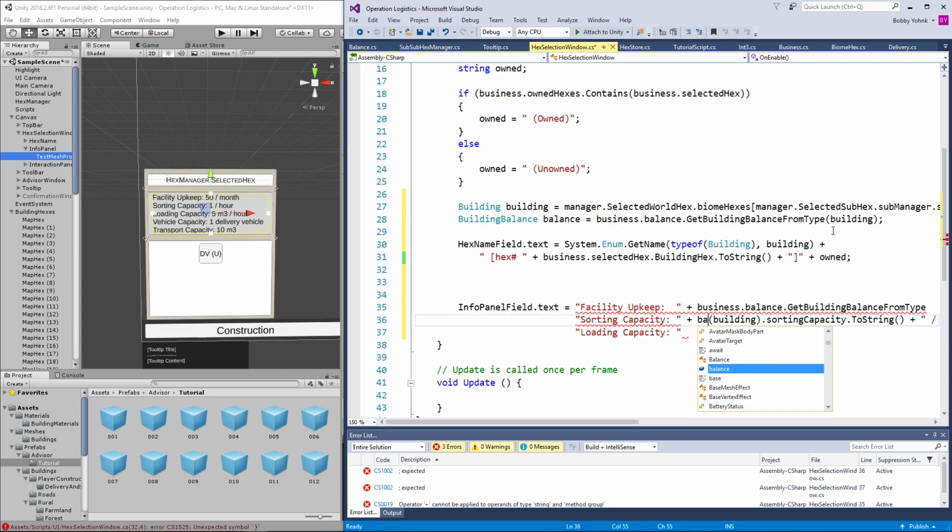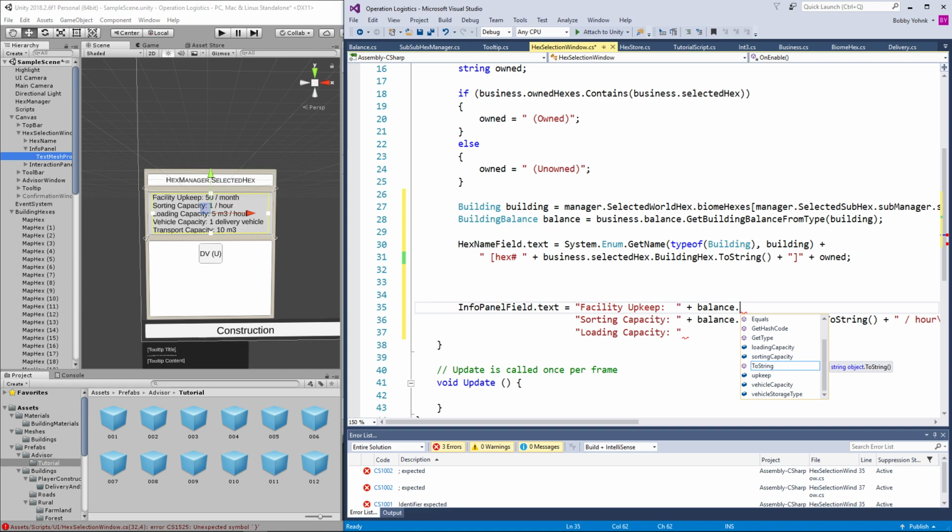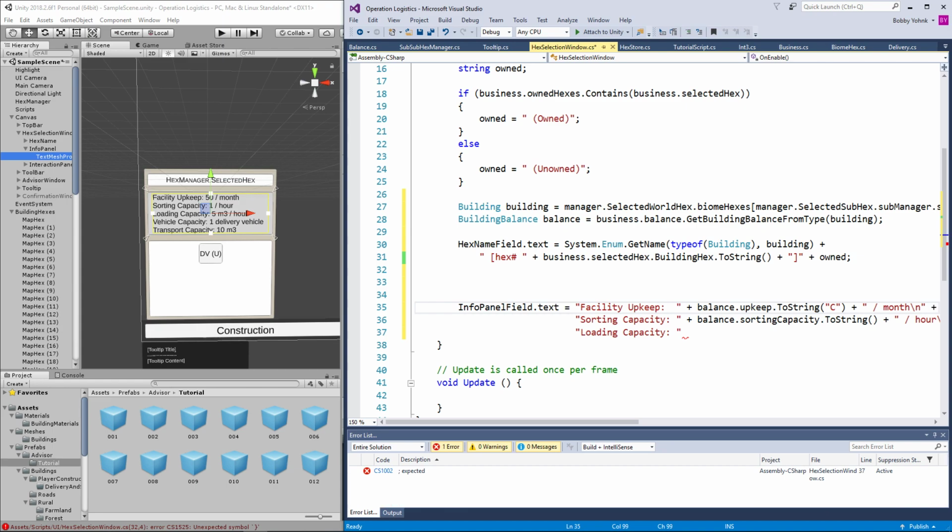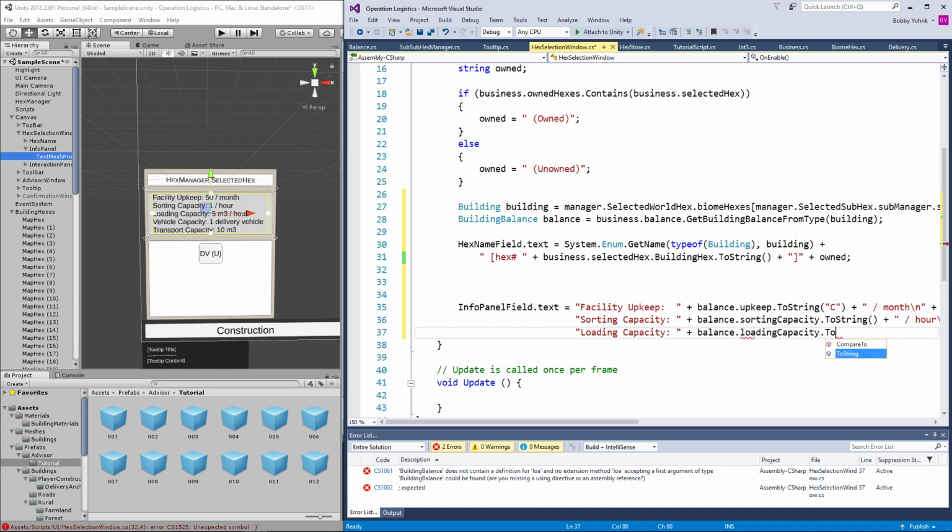Then we can just say plus balance.sortingCapacity.ToString. And then here we can just say balance.upkeep.ToString, and this will be of type C plus, and this is per month, and then we'll add a line break, and then our sorting capacity, and then our loading capacity would be balance.loadingCapacity.ToString